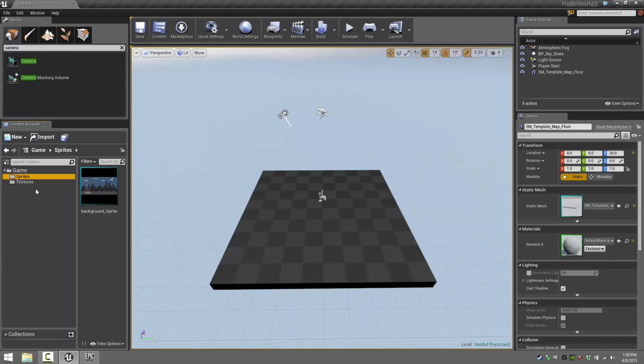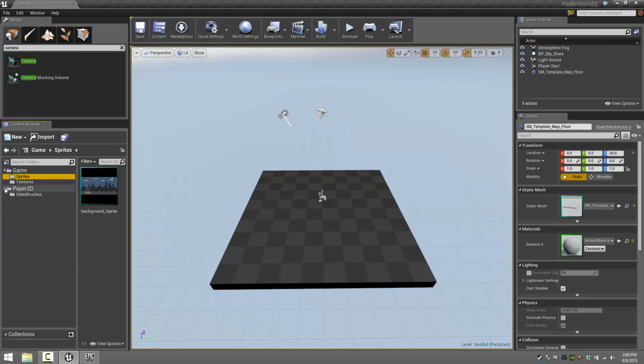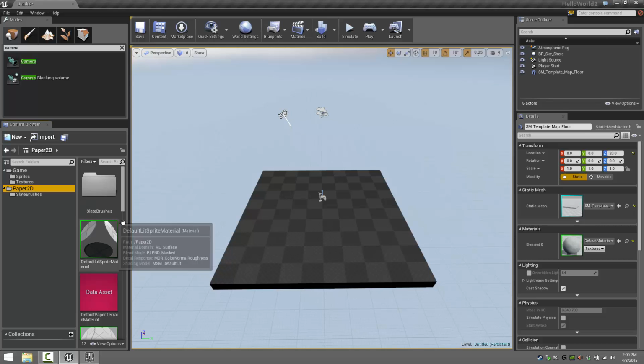Now remember earlier on when I told you we're not including the default content? Otherwise, this would have been a whole lot more cluttered up. All we've got is our game stuff. Now, sometimes you want that stuff. You want things from the base game engine, the things that are included with it, or you want things from Paper 2D, the 2D game engine part that's built into it. Well, nicely, you can grab that and just go over here and say, let's do show plugin content. This will show us the Paper 2D stuff. And then all of a sudden you see we've got this new folder here. And we can come in and we can see the assets that are included